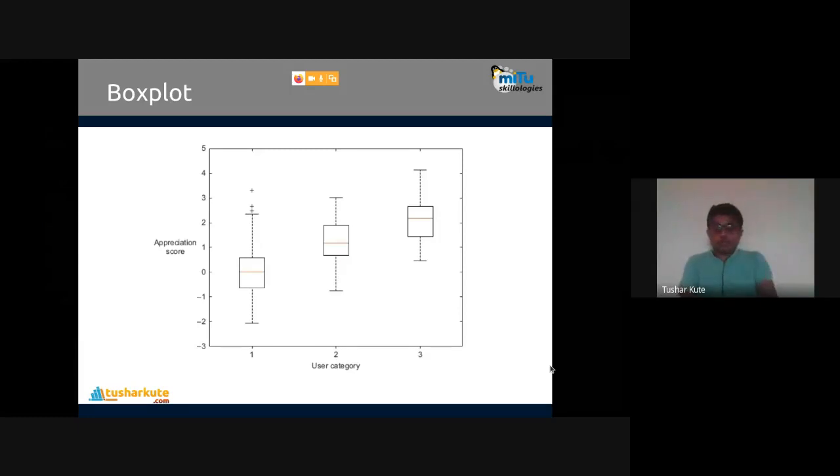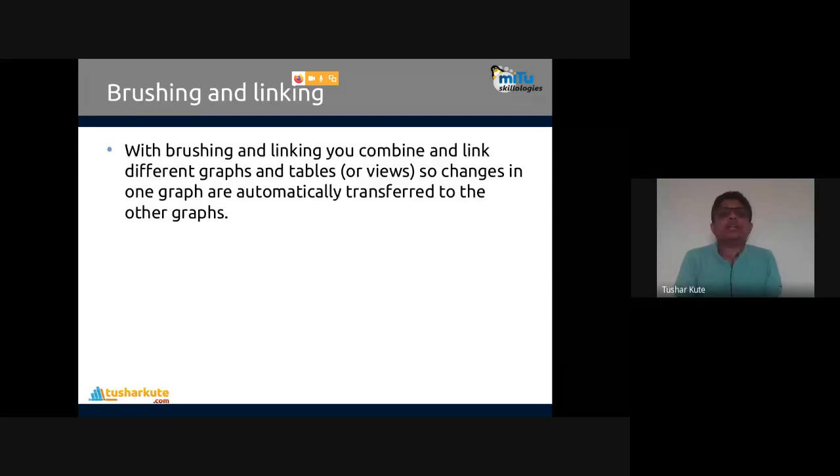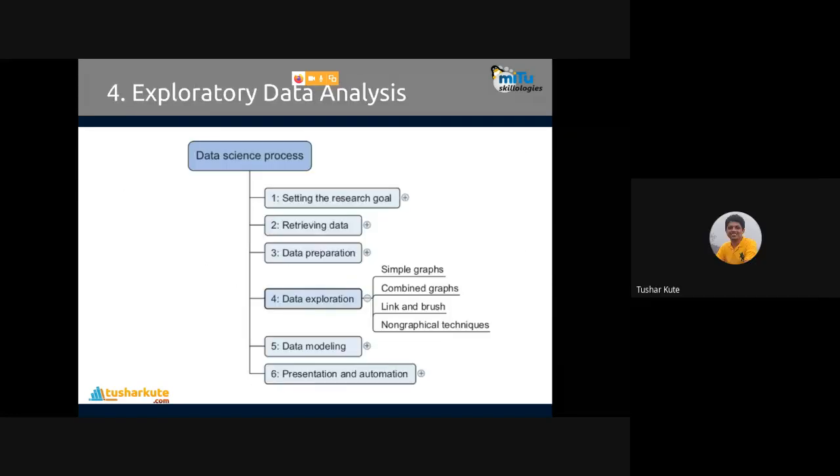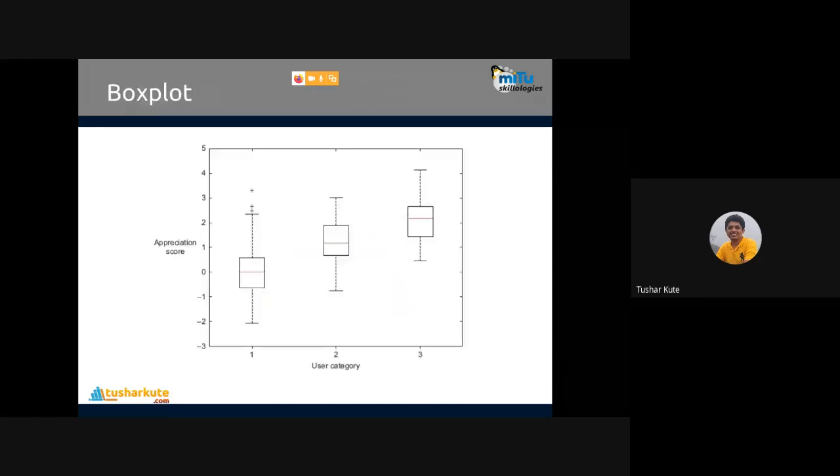So this is how we can have a categorical variable against the continuous variable, and data can be explored by this method, the second method that we can use. So this is how data exploration is possible. We can use visualization methods, and even non-graphical techniques are also there, which are not shown here. Non-graphical techniques mean there are some statistical methods that we can use to see the data.